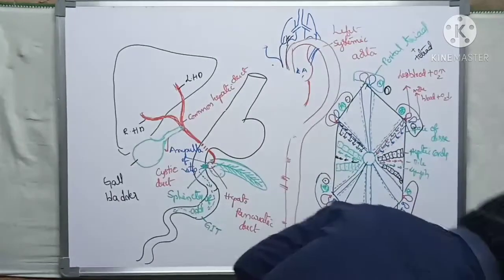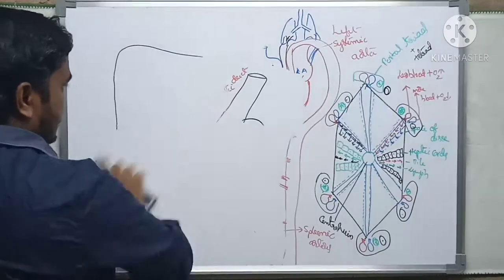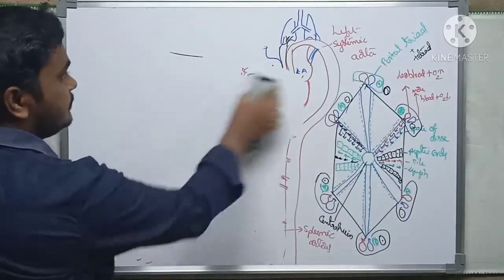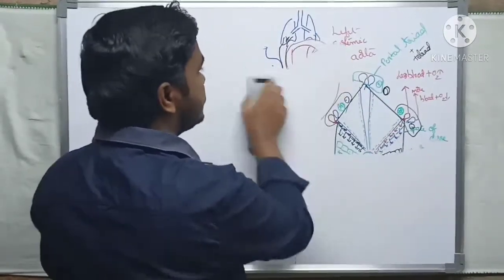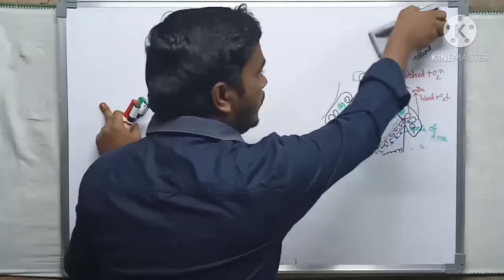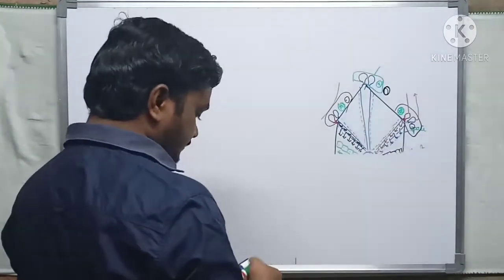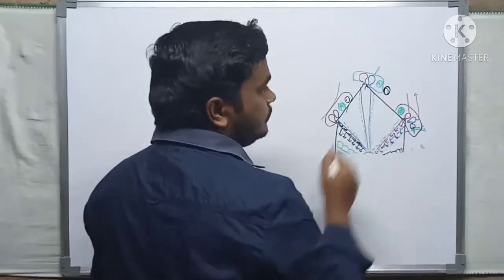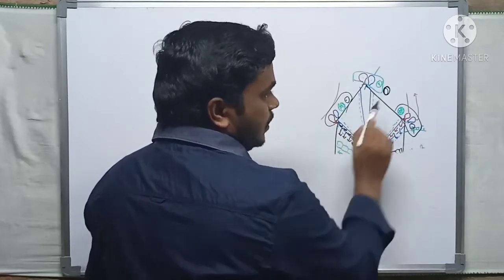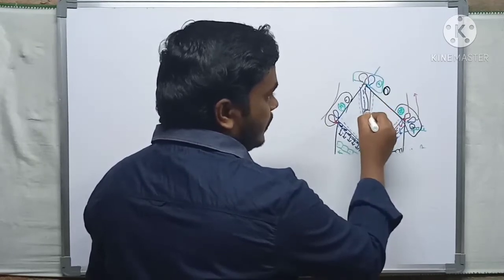So let's discuss hepatocytes in our liver. In yesterday's class we saw the circulation, but in this class we are going to discuss hepatocytes. Liver cells are called hepatocytes. Before going to that, we will discuss what the portals are in these hepatic lobules. Hepatic lobules consist of the hepatic artery, portal vein, bile duct, and also lymphatic vessels. From this region, the maximum blood is transported.